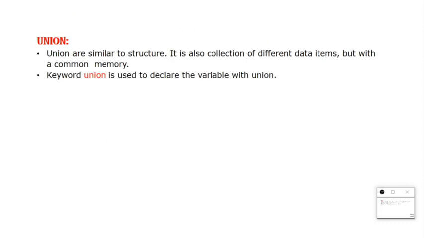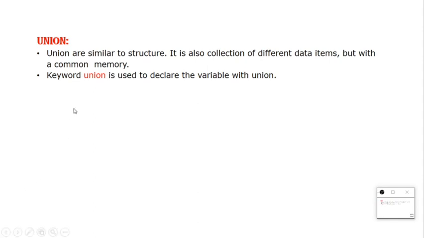Union is similar to structure, so both are the same. The only major difference we can find is that it is a collection of data items, different data items, but with a common memory. So what we are saying, union is also a collection of different data items, but memory is common. In the structure memory is separate, but in union memory is common, right? So let us see a small